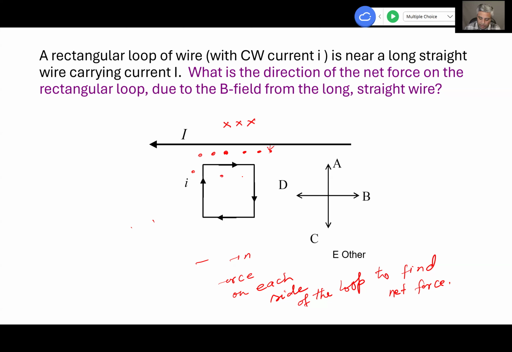And as we move further out, see, R is in the denominator of that equation. B is mu naught I over 2 pi R. Since R is in the denominator, as we move further and further, the value of the field decreases, but the direction is still the same everywhere. So now it's like one wire